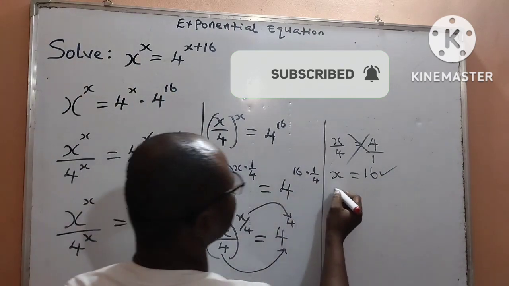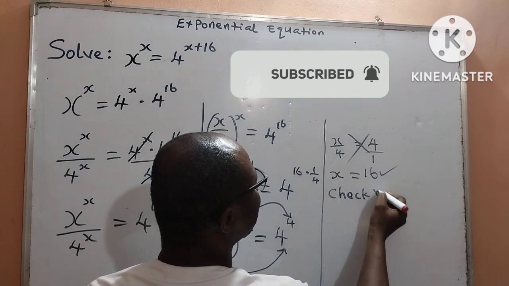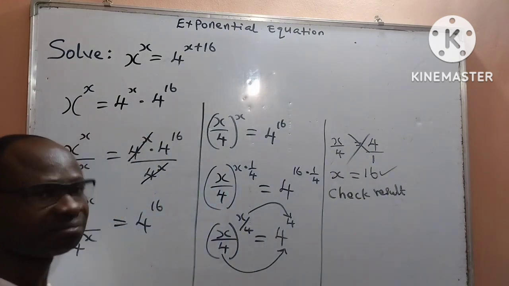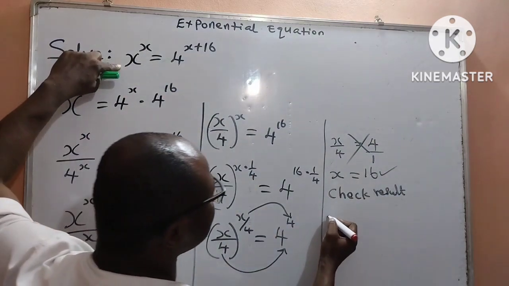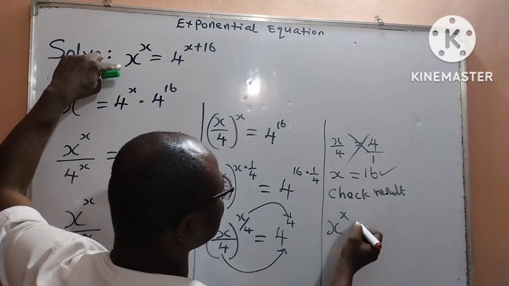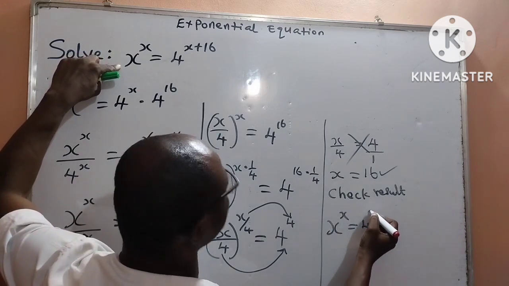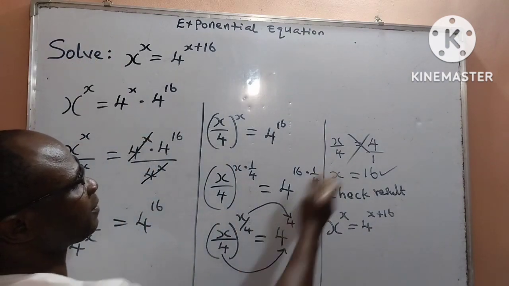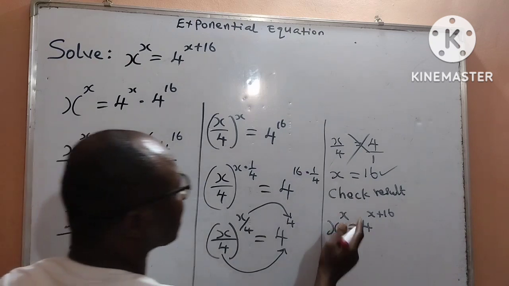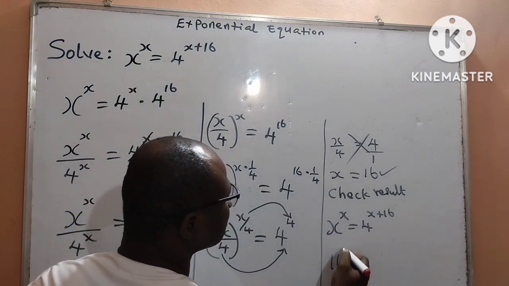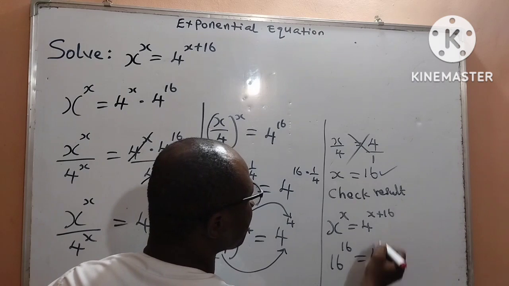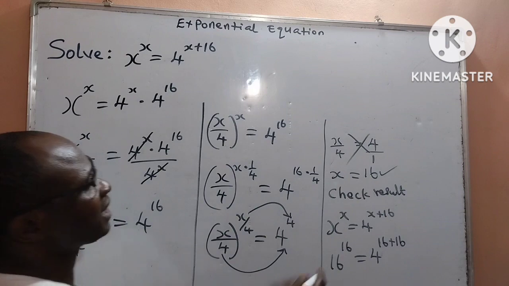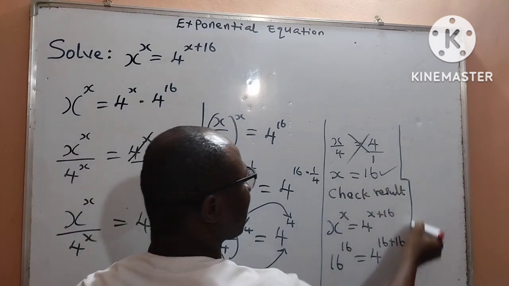Let us check our result. We want to put the value of x to be 16. This is the question that I am given. x to the power of x is equal to 4 to the power of x plus 16. So anywhere I see x, I replace the value 16. So now I shall have 16 to the power of 16 is equal to 4 to the power of 16 plus 16. And if I work on this, I shall now get